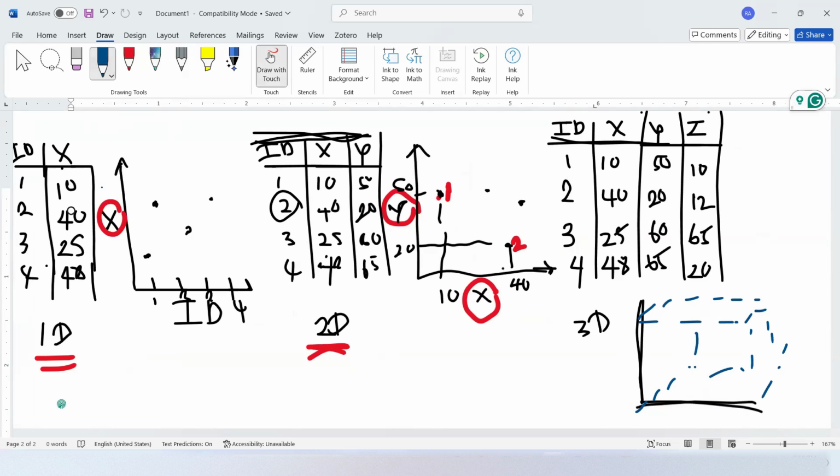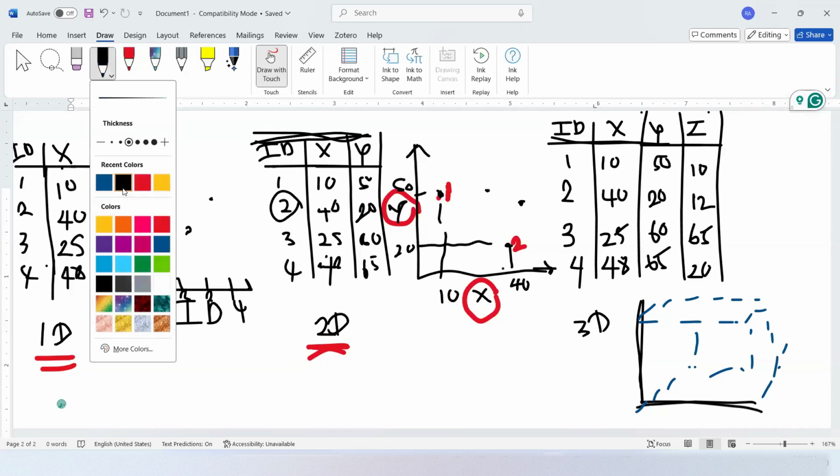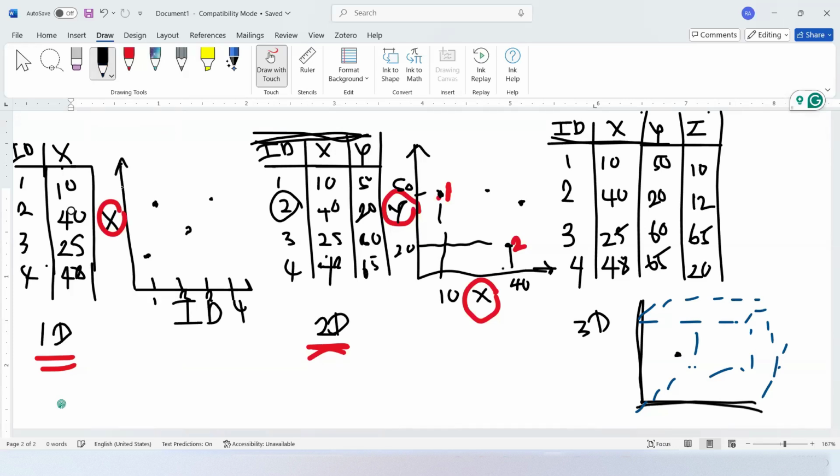Right, like a box, right? I can't draw it clearly. So this is like a box. Then if you are going to mark a point here,